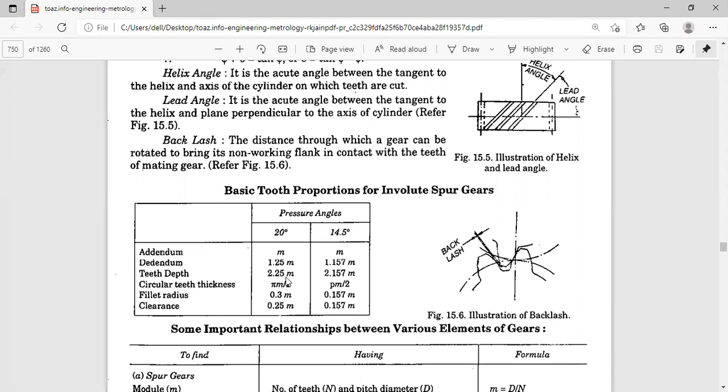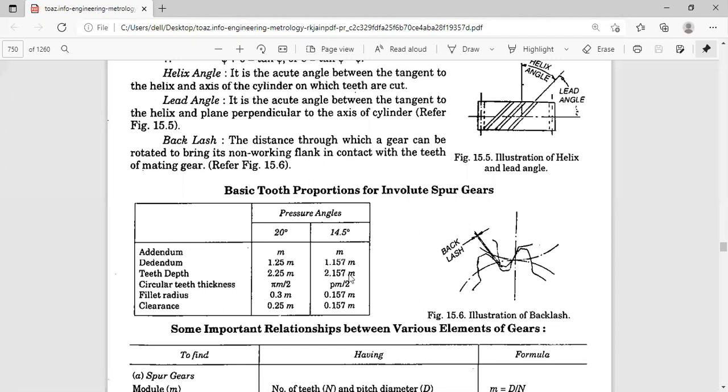So what is the tooth depth in the case of 20 degrees pressure angle? It is 2.25 M. These are the standard design data. The design data tables will be provided to you. You'll have them in the gear design data book, because gear design data, screw thread design data, valves, bearings, all we have in mechanical. You have to have the handbook of mechanical design or design engineering. All this will be in the library, or in the case of gear manufacturing, you'll have it in the design department of that particular industry.